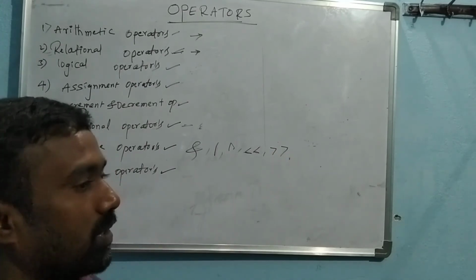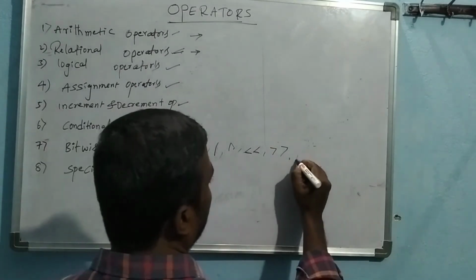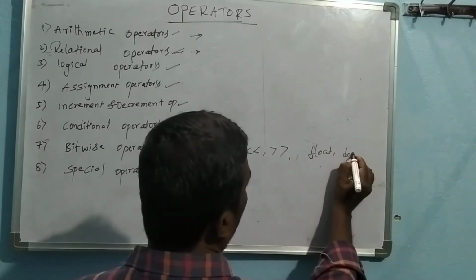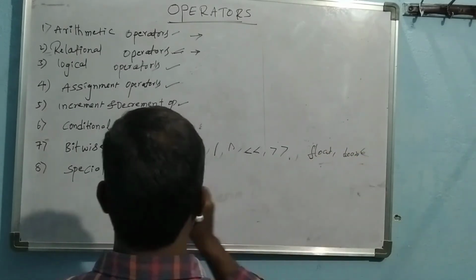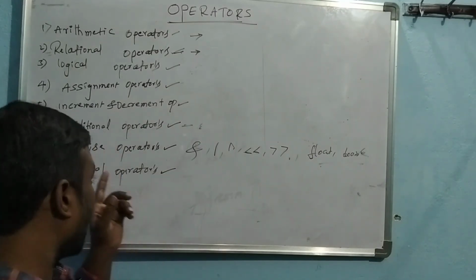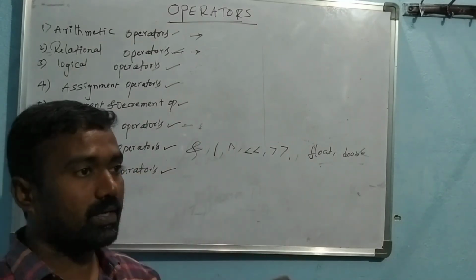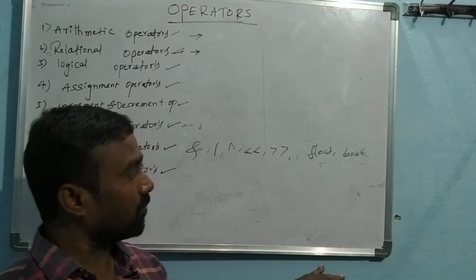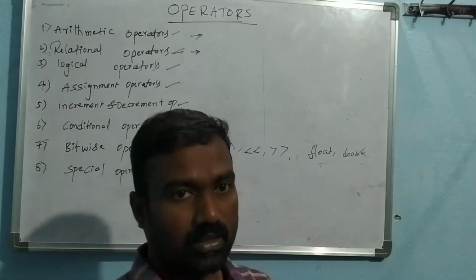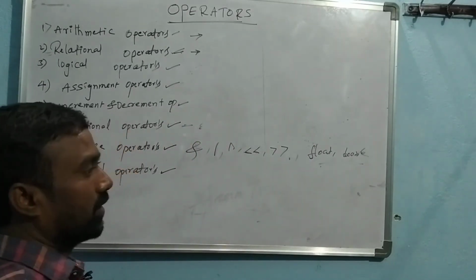In this, the most important thing is the float values. Float and double values cannot be operated on with bitwise operators. Bitwise operators are mainly used to operate at the bit level, so at that position, we cannot operate on float and double values. That is the most important point we have to remember.